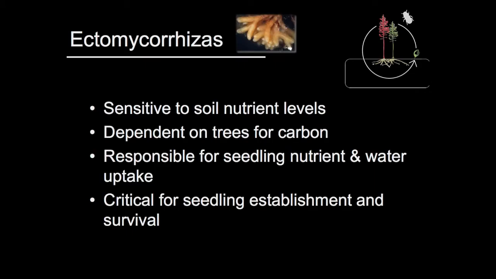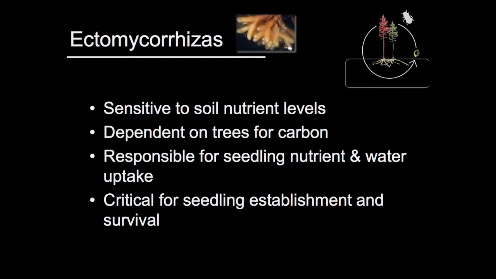We know that ectomycorrhizas are really sensitive to soil nutrient levels, and they depend on trees for carbon. Typically this association is viewed as being mutualistic. There's a reciprocal exchange between trees and fungi for nutrients and carbon. Trees photosynthesize and produce sugars that they allocate to the fungi, and in return, the fungi acquire resources from the soil, especially nutrients and water, and give that to the tree in exchange for these sugars.